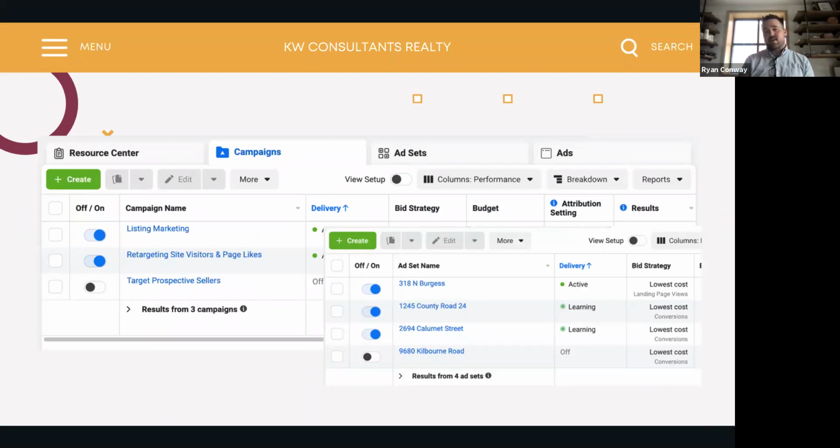For the purpose of this, I've used Command campaigns before. I tend to like getting into the Facebook ads manager a little bit more to set up my campaigns and advertise. So for this purpose, I'm going to show that and what it looks like. I've taken a couple of screenshots of what it looks like when getting into the ads manager. You can get to this side of Facebook by going to business.facebook.com.